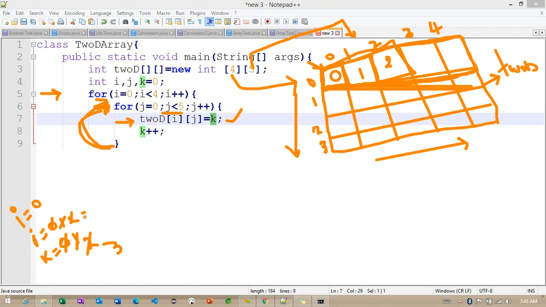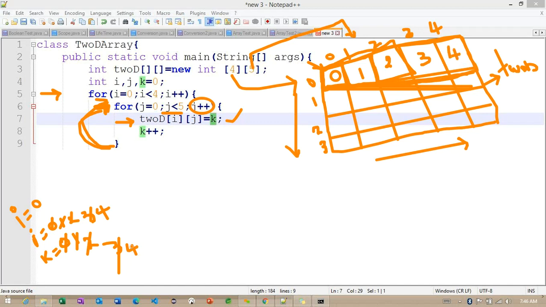The same way, J value is also increasing. How is the J value increasing here? Because of this particular code. Now you can check the condition: 3 less than 5. The condition is satisfying here. So we are initializing this 3 value. The same way, K value will become 4, and J value will become 4. Still, the condition 4 less than 5 will satisfy. The 4 value we are initializing here.